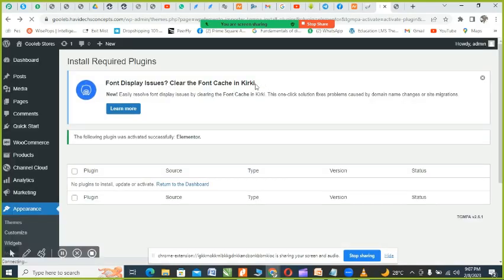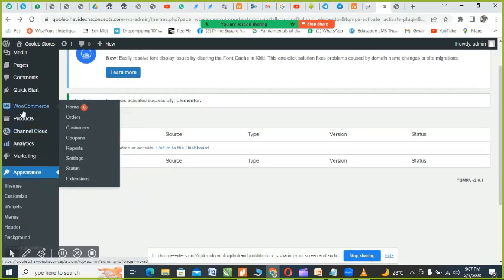The speed at which the page loads is really not good. It's really poor. All right, under WooCommerce settings,